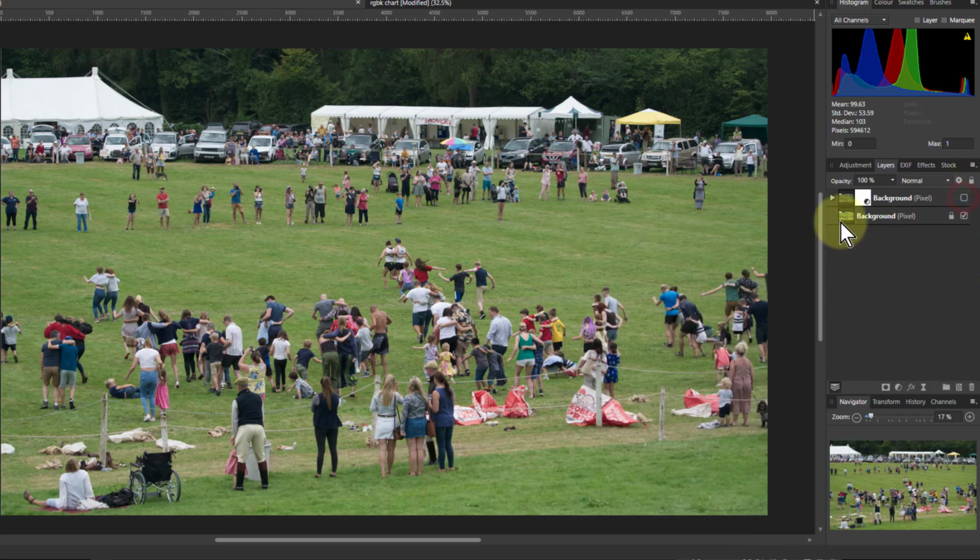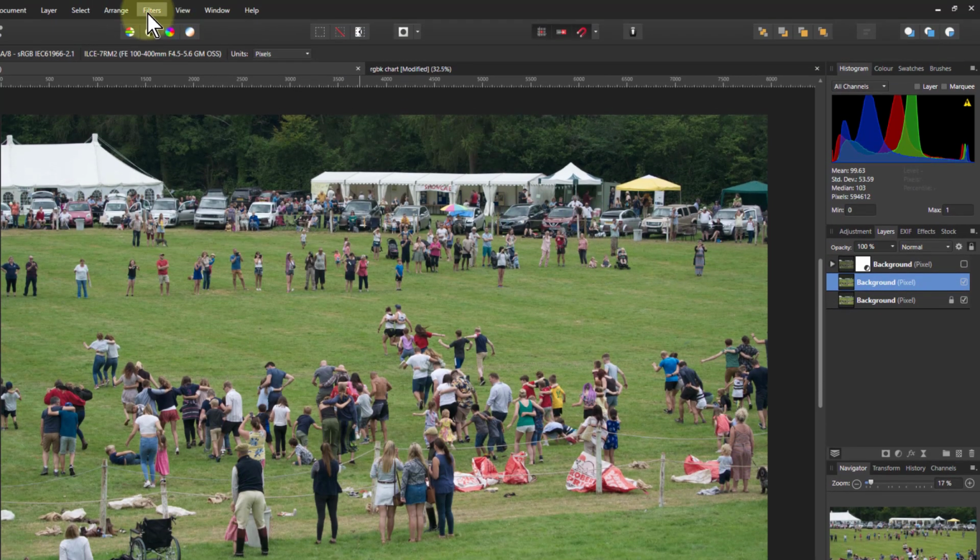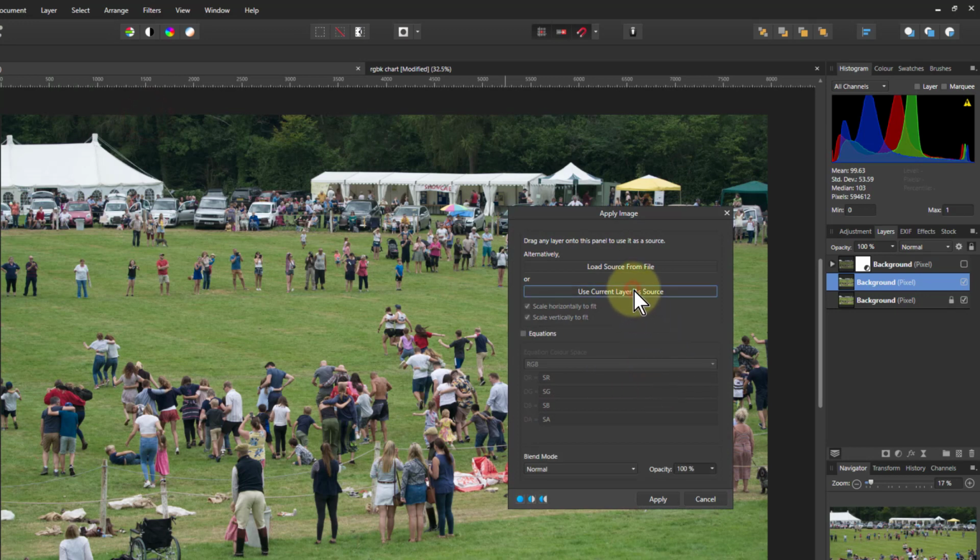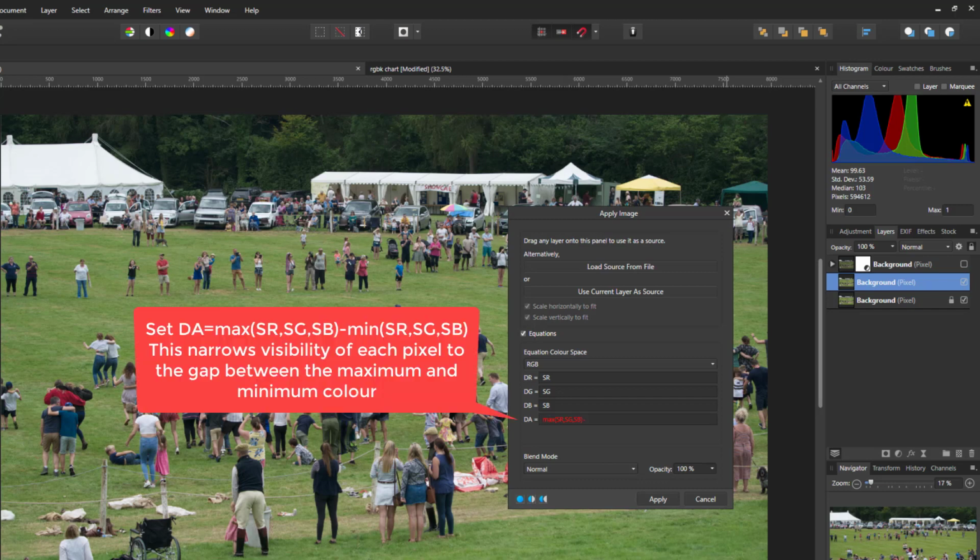So I'm going to make that invisible, click on the original background layer, hit Ctrl J again to get another one, and now back again to Filters, Apply Image, Current Layer as Source, Equations, and just change the transparency. Start off with that max, but now I'm going to do minus the minimum,